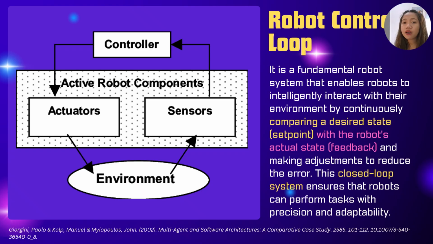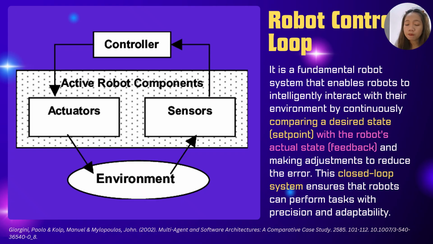So, for example, you have created a robot that will turn left if it sees the color red. The set point in this scenario is the color red. The sensor, in this case the color sensor, will continuously look for the color red in its environment. And that is the comparison of the actual state, or the feedback, versus the set point. So is the robot seeing red? No, then it's not going to turn left. But once it sees red, the set point, it will do the task that it is programmed to do.